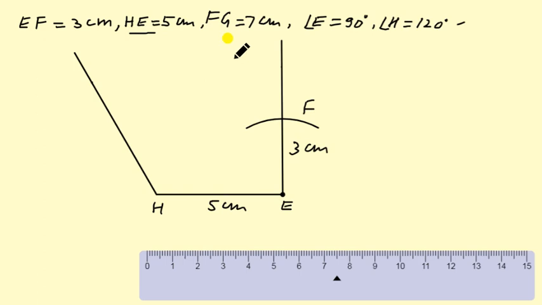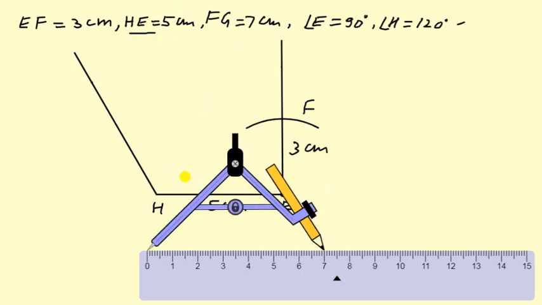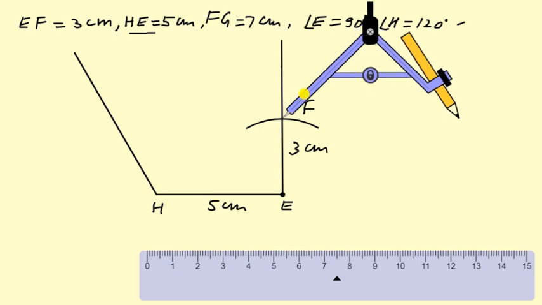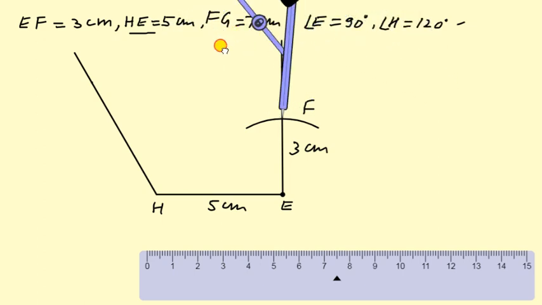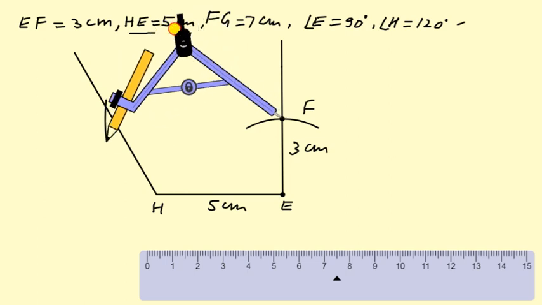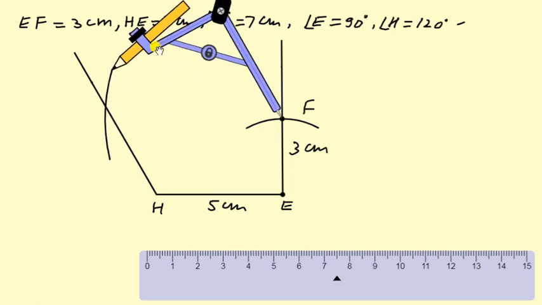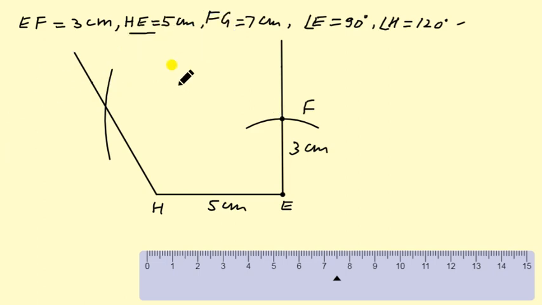Now take a distance of 7 centimeters and make an arc from this point like this. Yes, this is the arc. Now remove the compass and first write the name. It is F, and this point is G. Now draw the line with the help of a scale. And that distance is 7 centimeters. FG is given as 7 centimeters.